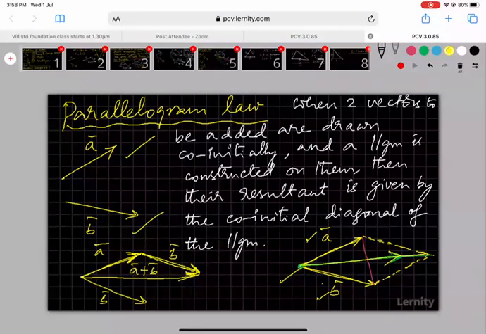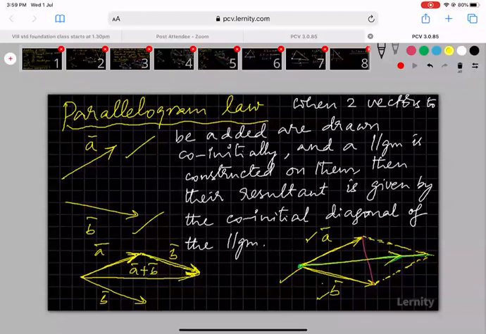Basically, to summarize the whole thing, when you draw vectors successively, then the resultant of all the vectors is the vector that joins the initial point of the first vector to the final point of the last vector. That is the ultimate statement. You can say this statement for two vectors at a time. It will become triangle law. You can say this statement not with succession but with co-initial vectors. It becomes parallelogram law, right? Otherwise, it will simply be polygon law. So all three laws are quite similar in the way they work.